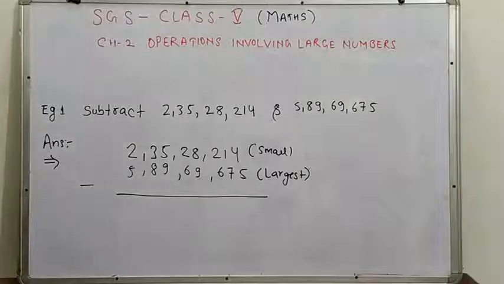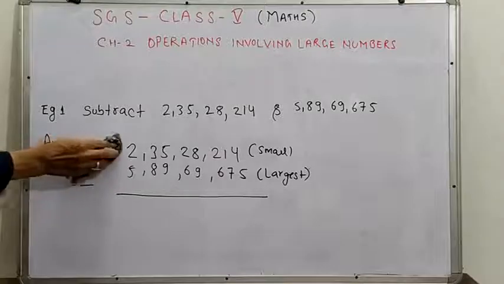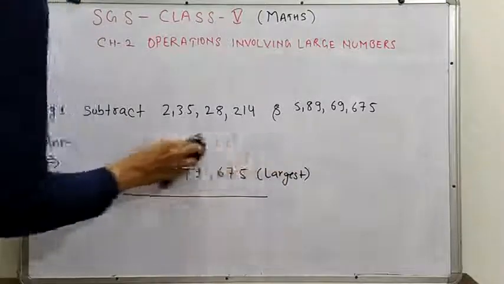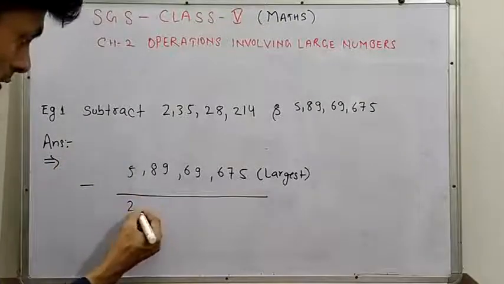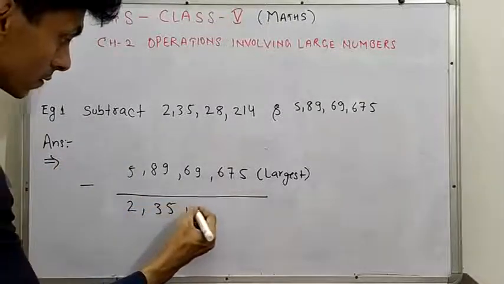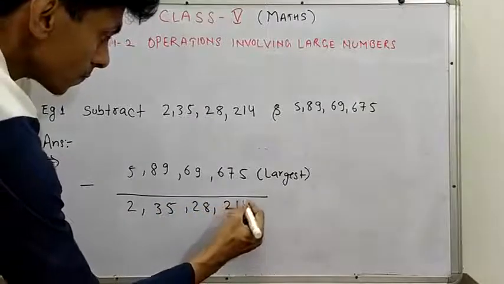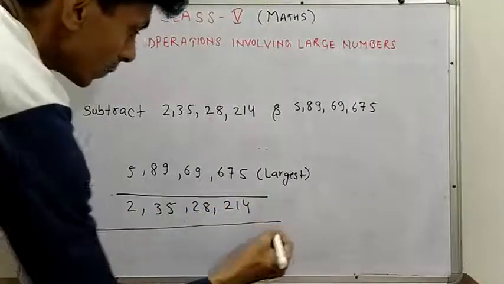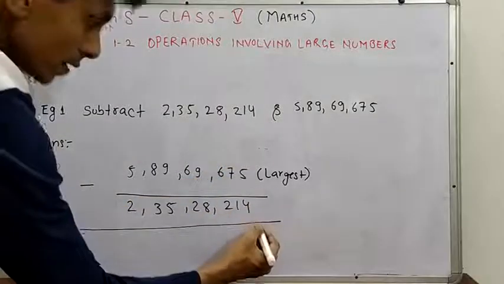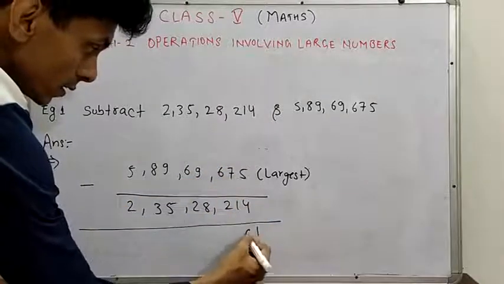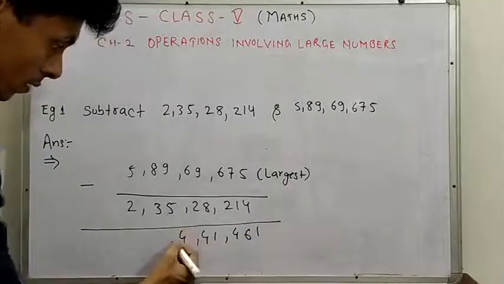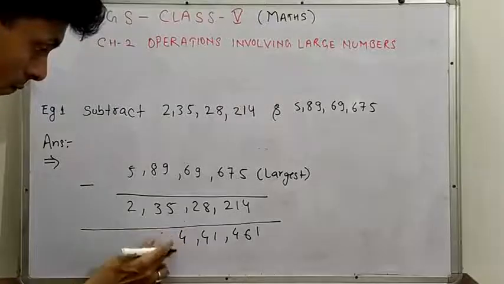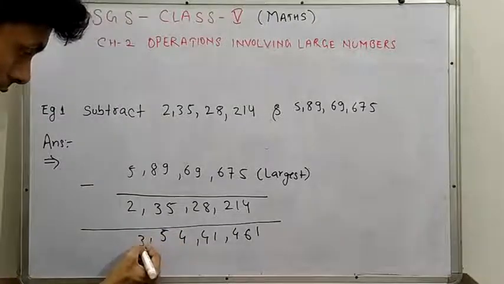So in this case, we have to subtract this number from this number. That is, the smallest one is this number. And now we apply the following process. When we subtract 5 minus 1, 4, 1, 6, 6 minus 2, 4, 1, 4, 4, 5, here comes 5 and here comes 3.